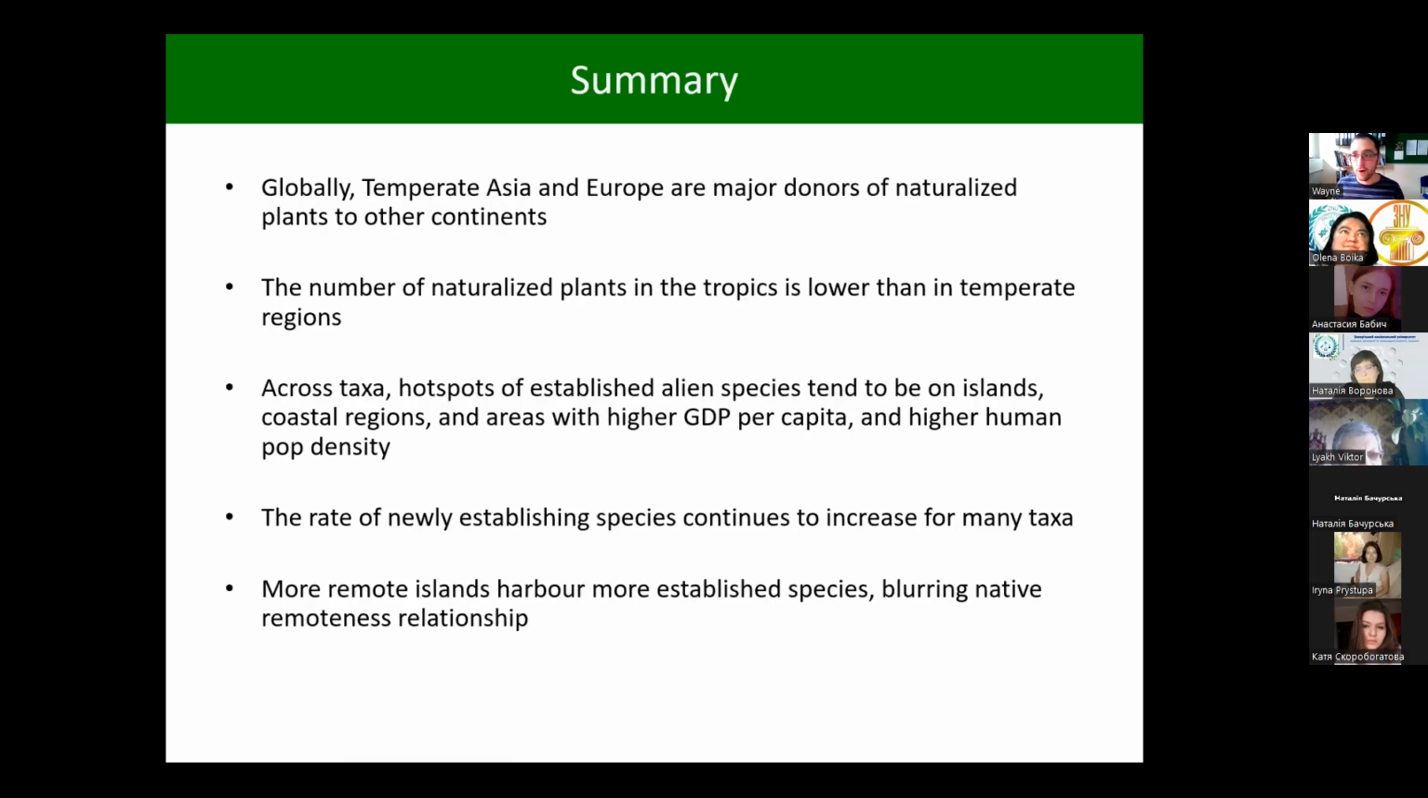Great. So on my summary slide, I did have enough time. Happy with that. So globally, I've shown that temperate Asia and Europe are major donors of naturalized plants to other continents, okay? And the number of naturalizing plants in the tropics is certainly lower than it is in temperate regions. That may be down to trade. There could also be an effect of biotic resistance. We need to do more studies on the ground in the tropics to really understand that better. If we look across taxonomic groups, the hotspots for establishing species tend to be islands, coastal regions, and areas that